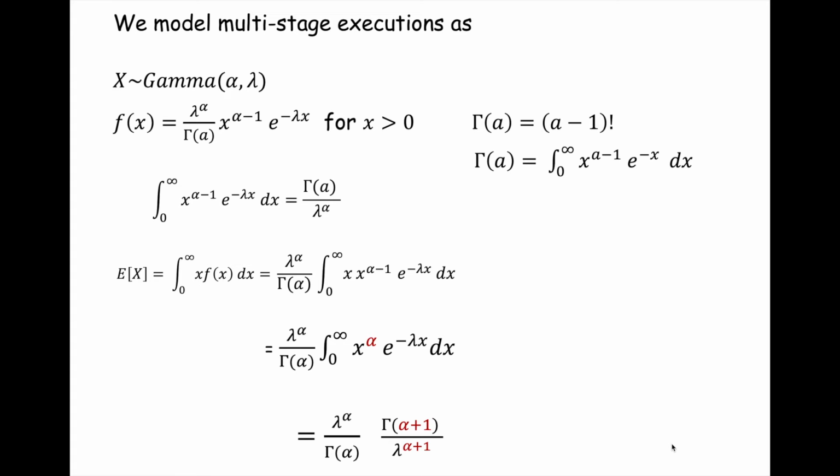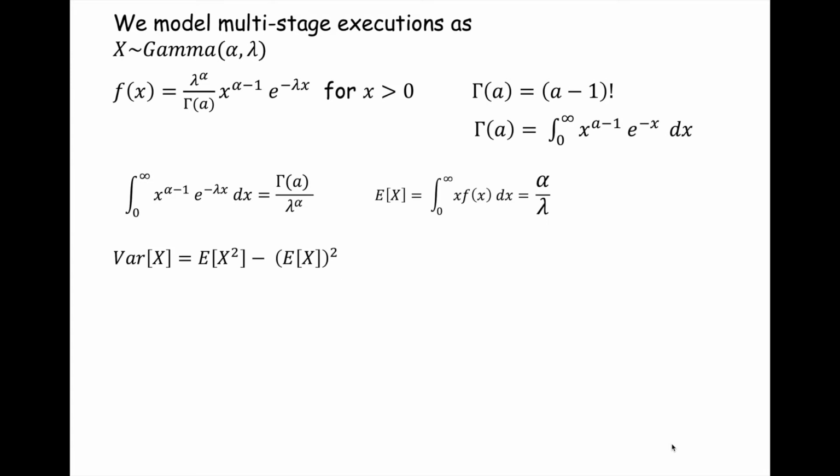Okay, so using those reductions, I get the following expression, and I have lambda to the alpha in the numerator, lambda to the alpha in the denominator. This goes to 1. That leaves me with 1 over alpha, 1 over lambda, and then here I have alpha minus 1 factorial in the numerator, alpha minus 1 factorial in the denominator. Those cancel, and so I'm left with 1 over lambda times alpha over 1, which is just the same as alpha over lambda. Okay, does that make sense? Any questions about this? So that is the expectation of a gamma random variable, alpha upon lambda. Okay, so this is our expectation.